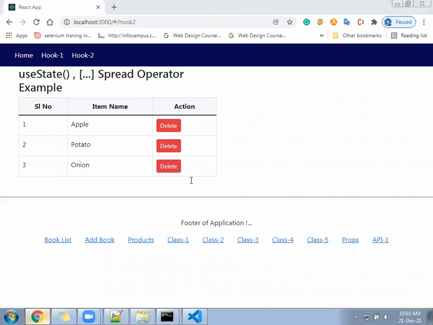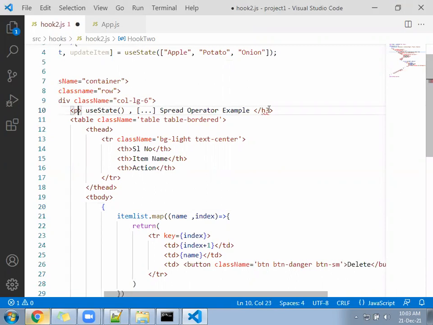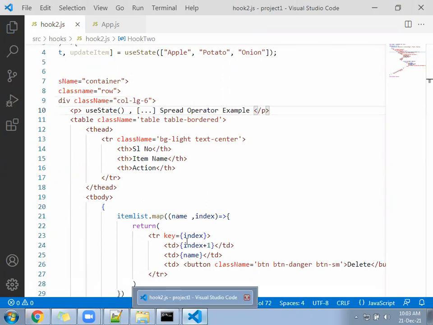Okay, I will use a little smaller font, maybe h4, maybe a paragraph tag I can use. It will be managed within the same space.